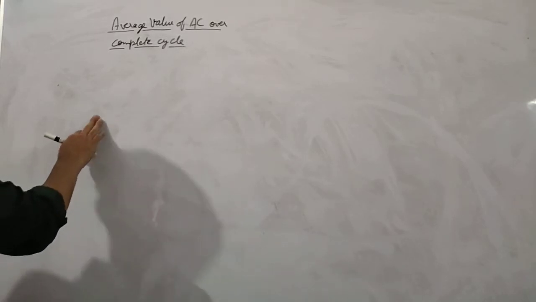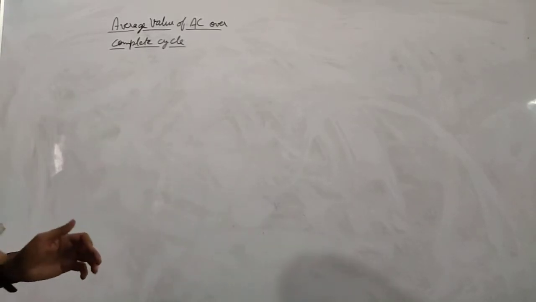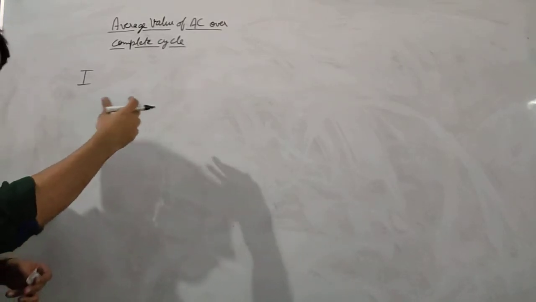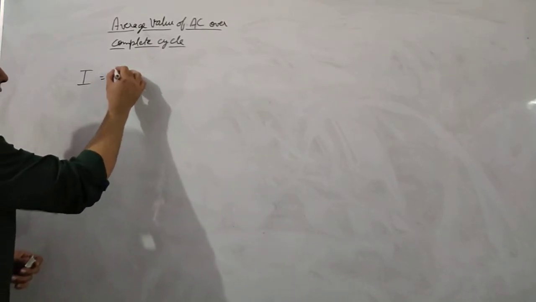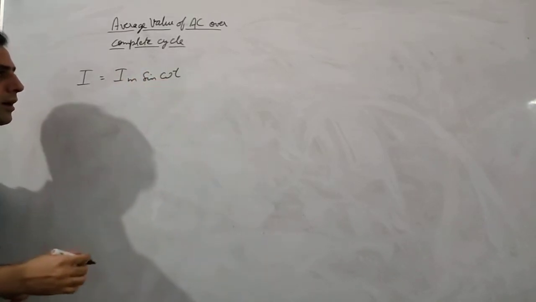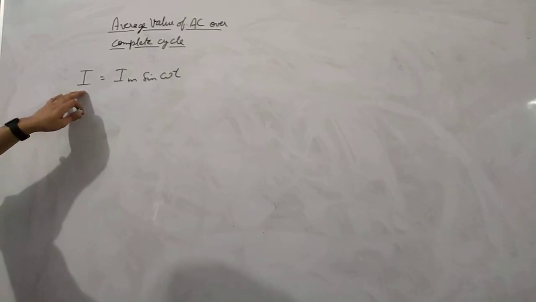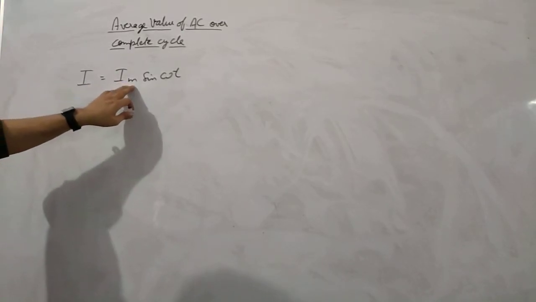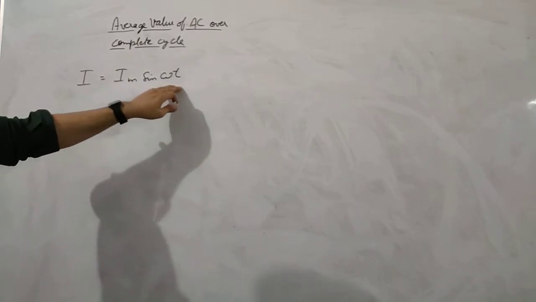Now let us study about average value of alternating current over a complete cycle. To find the average value, first we write the equation of the current as we have already studied. Since we are studying AC, alternating current, we define it by the equation I equals Im sin omega t, where I is the instantaneous value of the current, Im is the peak value of the current, and sin omega t,